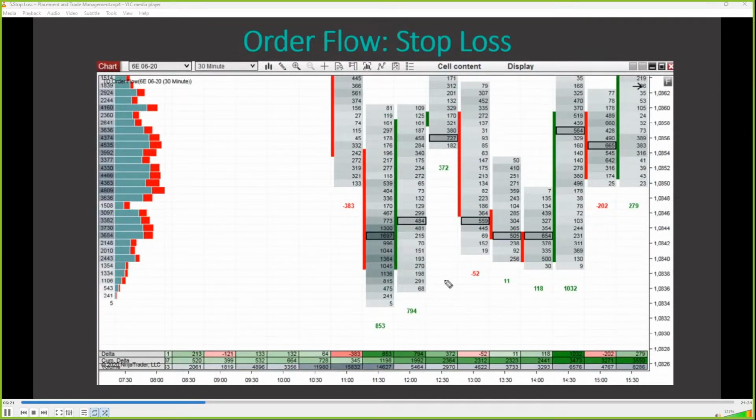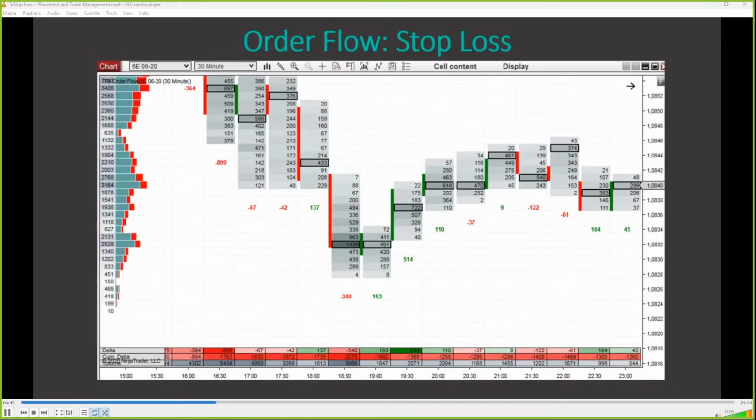Now, in this case, it is pretty simple. Significant volume area, support in here, this high volume node, you want to go long from there, and the ideal stop loss, in my opinion, would be in here, below the low of this area. In this example, there is a double node, which means support, so you want to see a buying reaction from it,